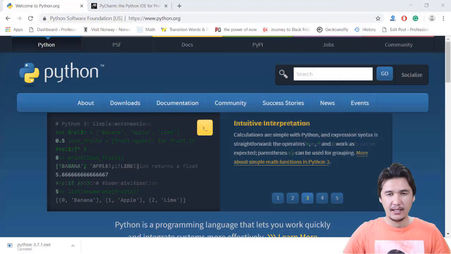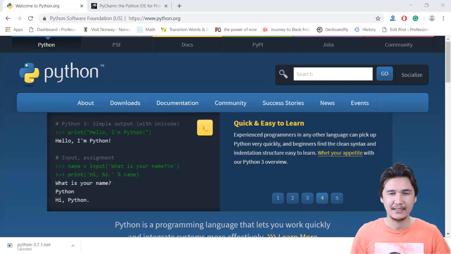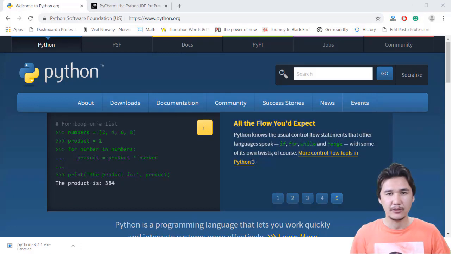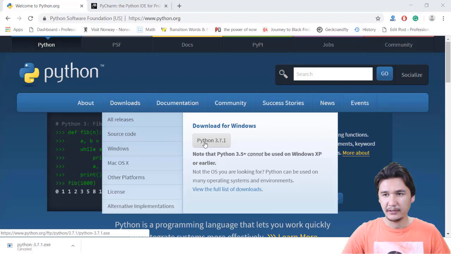Thank you everyone. For any programming language, you need a specific platform where you can install all these resources and all the files, and for Python we will do the same thing. Now let's go directly to the Python installation folder, or we have the Python website here, and we are just going to see that we have